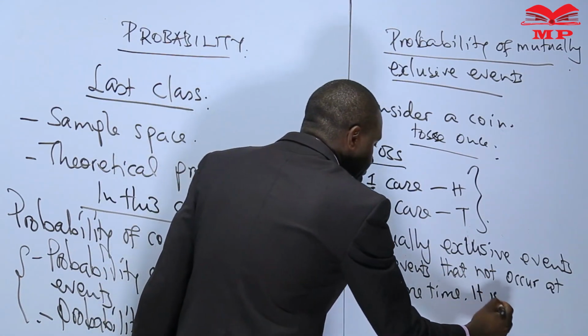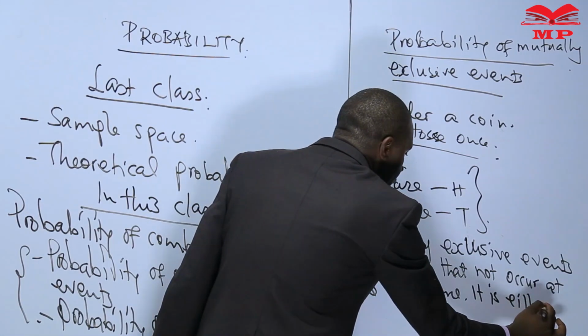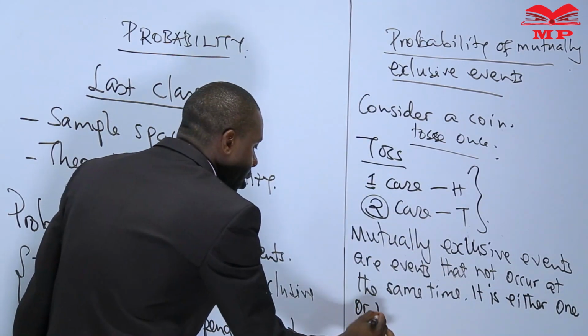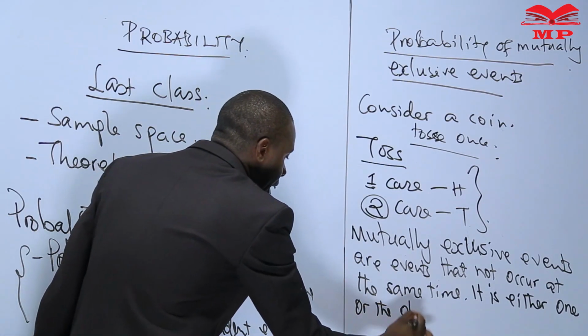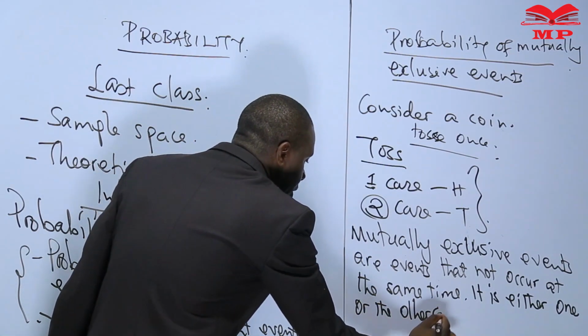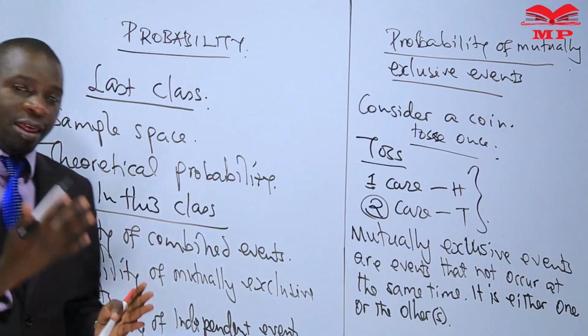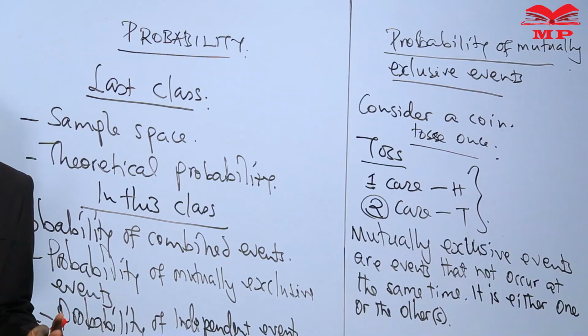It is either one or the other. In these events, only one thing happens or the other. For example,